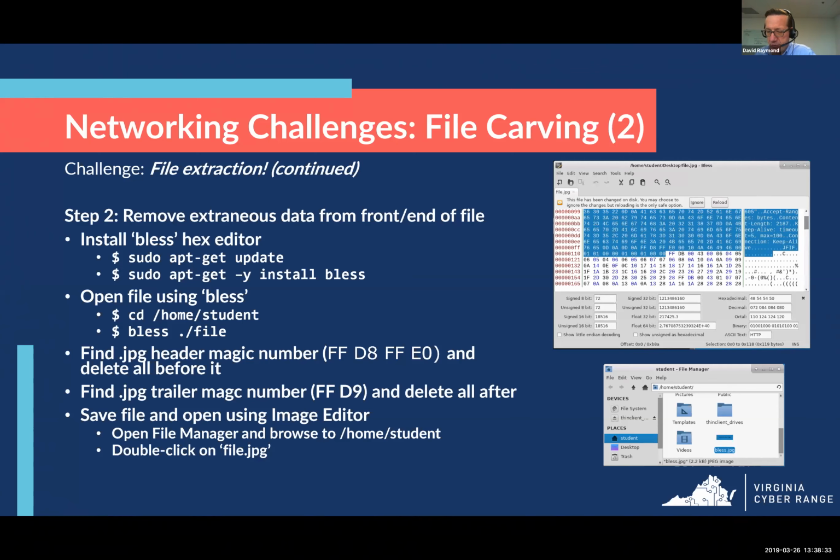In order to do it, I did sudo apt-get update and then sudo apt-get -y install bless. I'm not going to do that now. I've already done that. I'm not going to do it now because it takes a few minutes, and I'll just be standing here looking at my screen. But if you're going to use bless for this, you have to install it on the Kali Linux VM. So once we install that